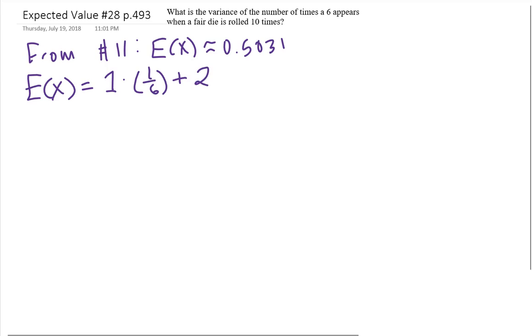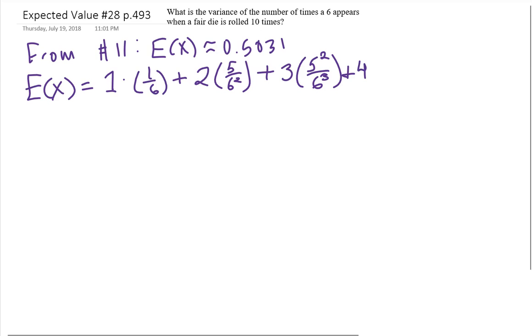And then continuing on, 2 times 5/6 squared, because you get 5/6 times 1/6, 5/6 being the probability that you don't roll a 6 on the first try but are successful on the second try. Continuing on with the 3 and the corresponding exponents,